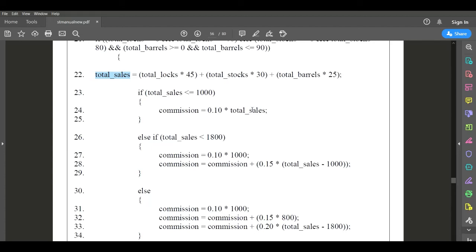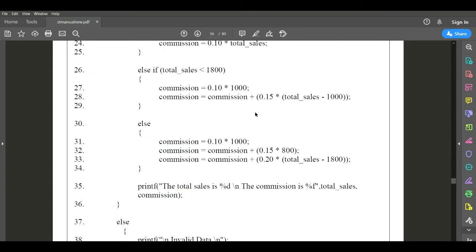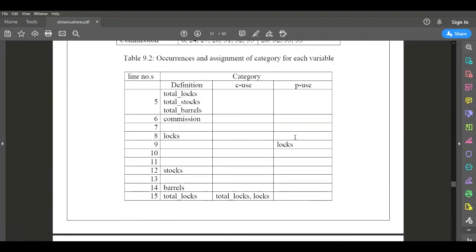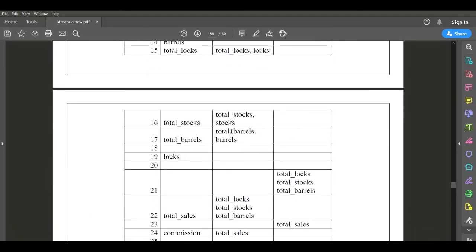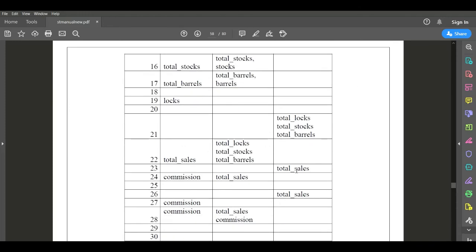Then in line number 24, I am using it as a computation usage. So 23 and 24 are predicate and computation. 23 is predicate usage, 24 is computation usage. Okay, this is the total sale.